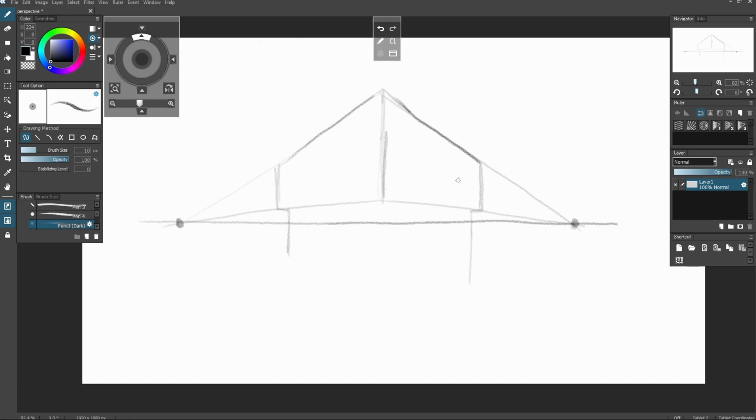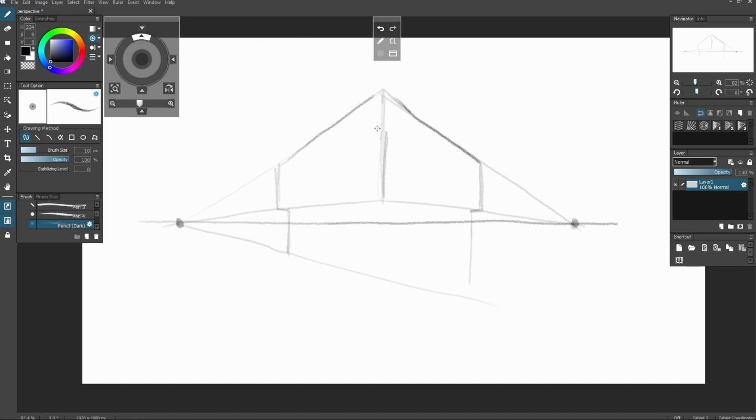Because this will look as if the shape of your first floor is going outside, so that it looks perfectly good. Okay, so let's just connect our vanishing points, I mean the reference lines, like this,